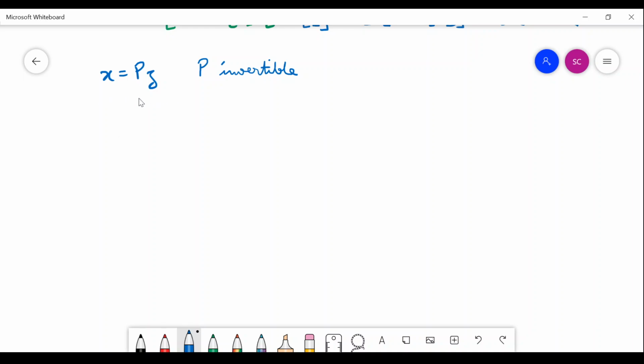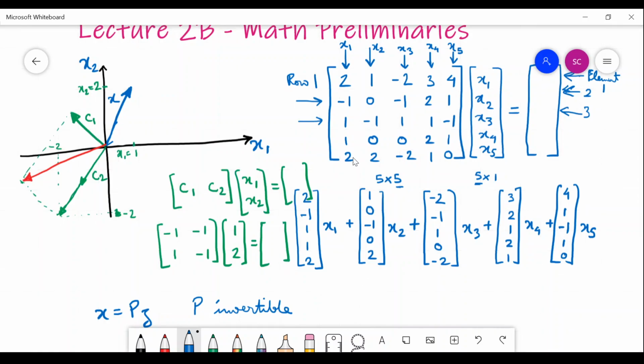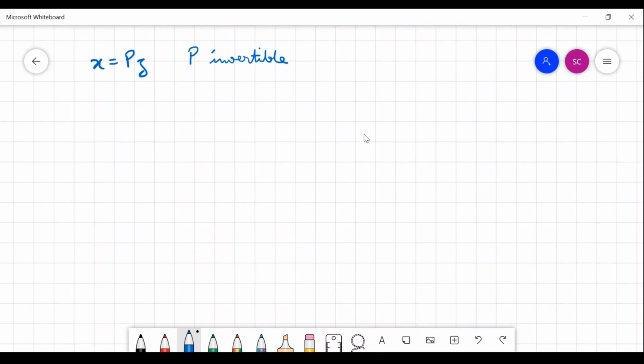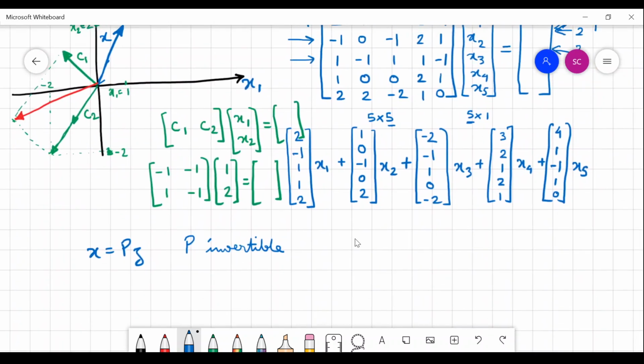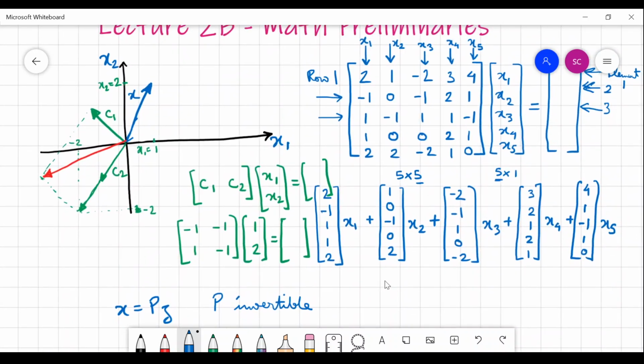This was the case which we discussed. So we were simply multiplying a vector with a matrix of the same order, a square matrix of the same order. Here also we are doing something like that only. So you can understand the picture, what is happening in this particular case.